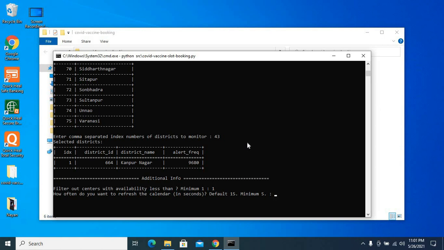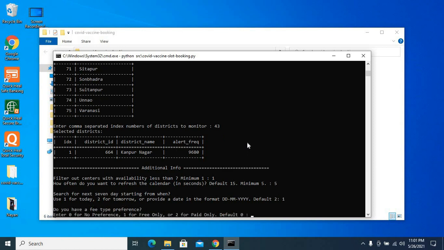If I enter 5, then every 5 seconds scanning would take place at every center of Kanpur Nagar for the availability of a slot. Now I am pressing enter. So for today I am entering 1. It can be scheduled for tomorrow also, but for today, 1.